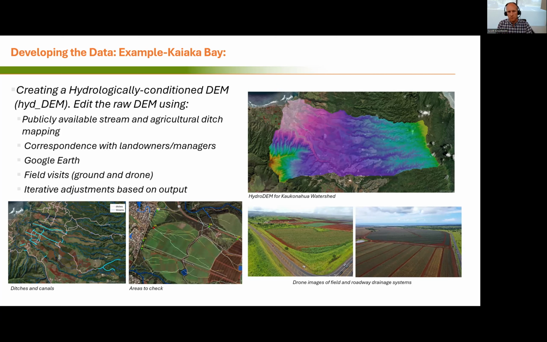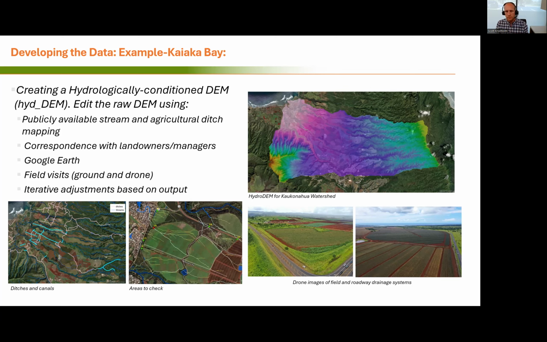So we approach doing the hydrologically conditioned DEM by first starting with what data is available. So the raw DEM that Scott was referring to. In Hawaii, we have pretty good publicly available DEM. It's a 1 meter resolution. And so that's pretty comparable to the high resolution products that they have for the mainland. So first of all, this is a great tool to use because we do have the same data sets that they have on the mainland, which isn't always the case when you try to take mainland tools and use them in Hawaii. So we start with the existing DEM and then any existing mapping of surface water